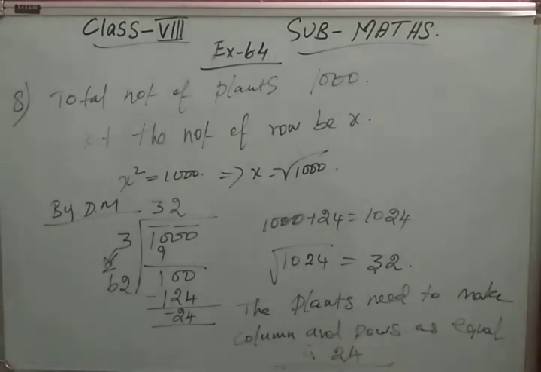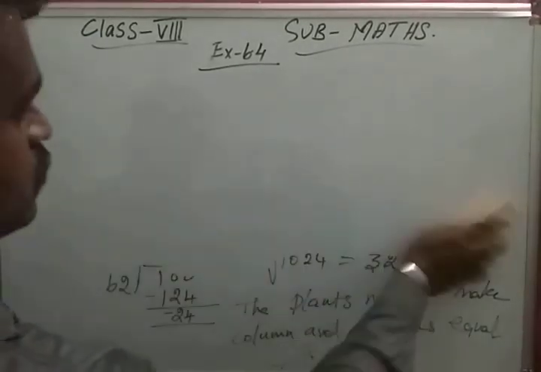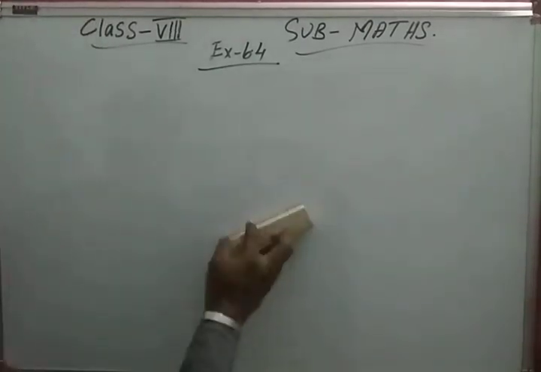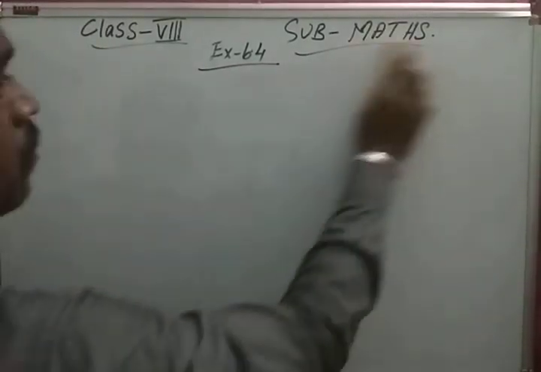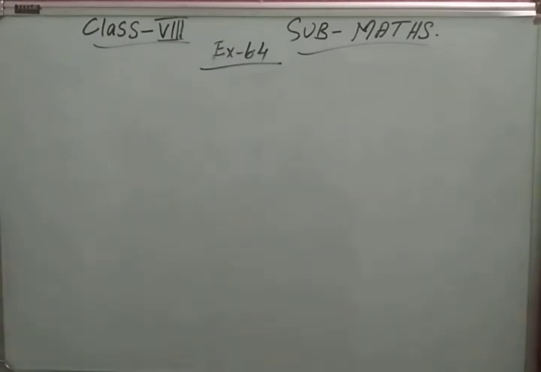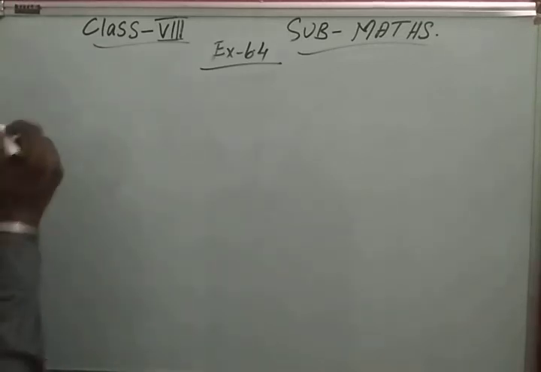Okay. The last one they have given is that there are 500 children in a school. For a PT drill, they have to stand in such a way that the number of rows is equal to the number of columns. How many children would be left out of this arrangement? Here they have asked left out, which means subtract, like a fourth sum. So question number 9 we have to take now. What is the total number of students we have to take?